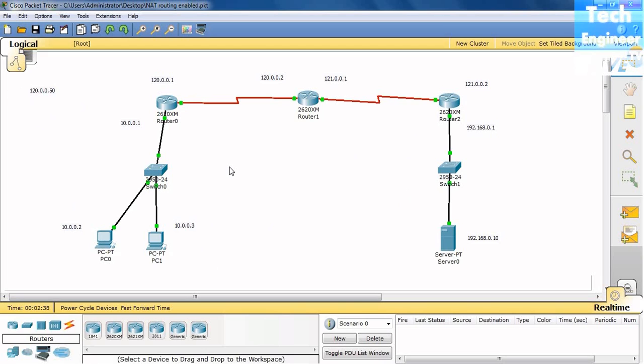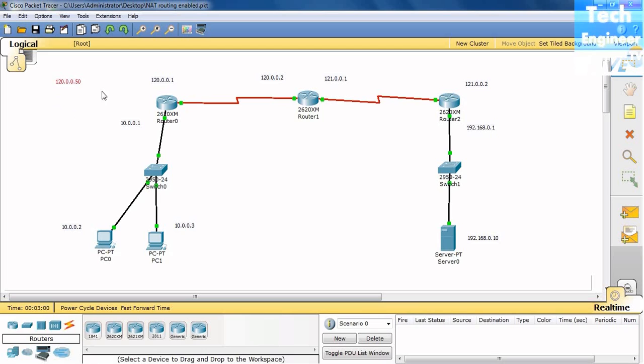Either if it's dynamic NAT, then you have to purchase some 3-4 IPs, and if it's NAT overload, then you need only one IP. But another way of NAT is that